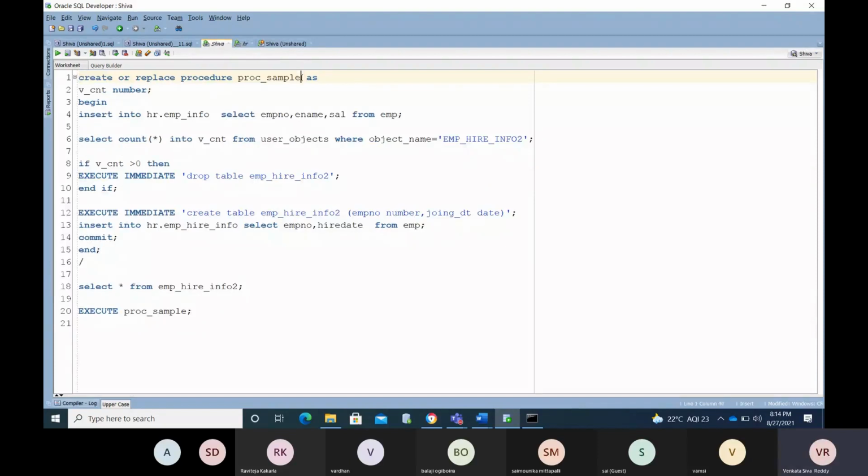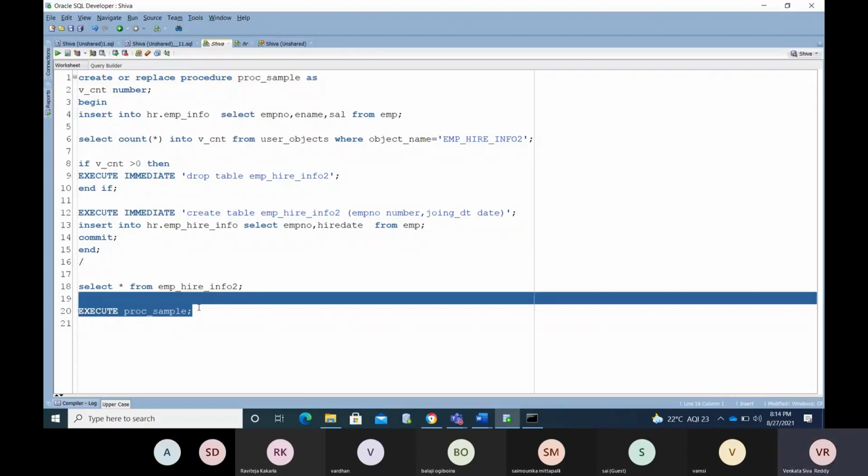Understand? We haven't provided any input to this procedure here, no user input like a variable or parameter.